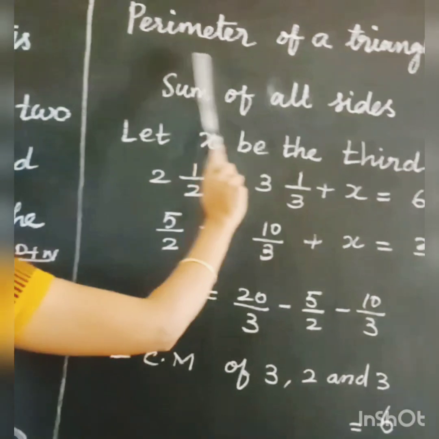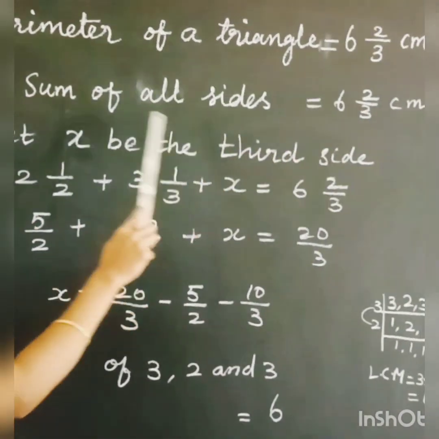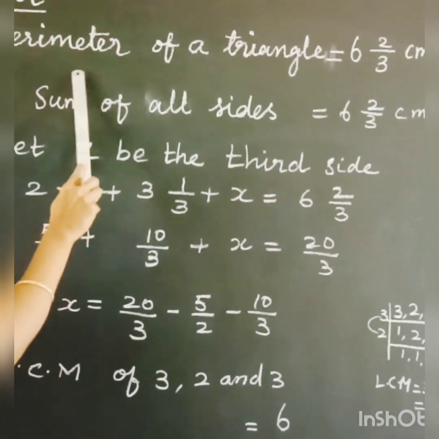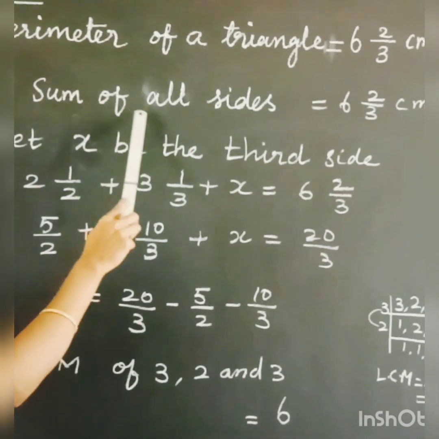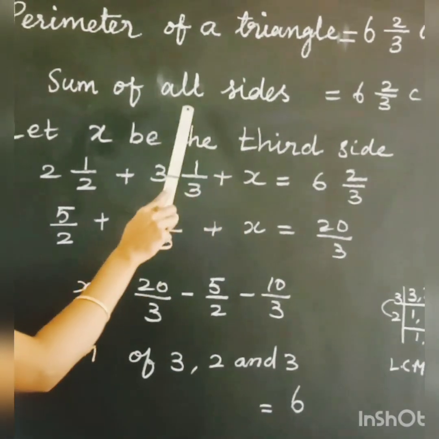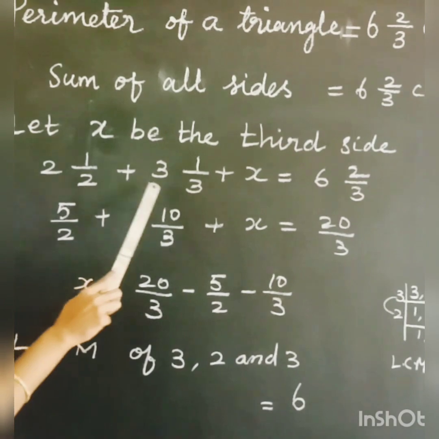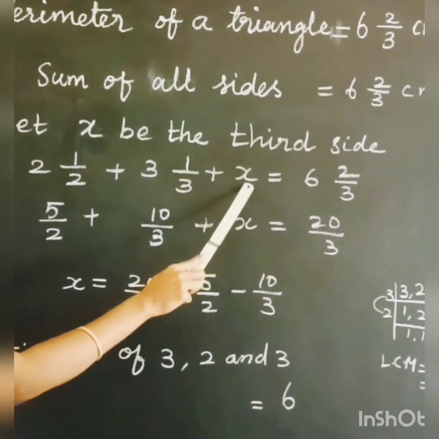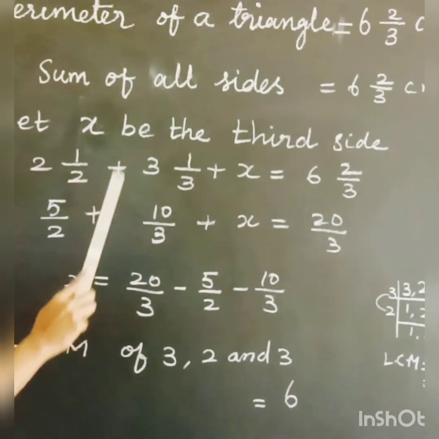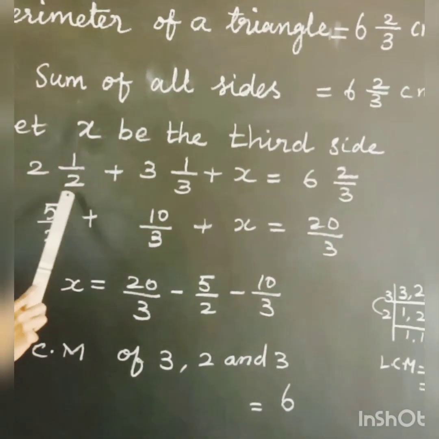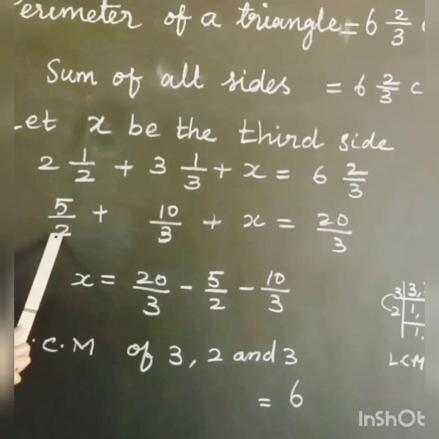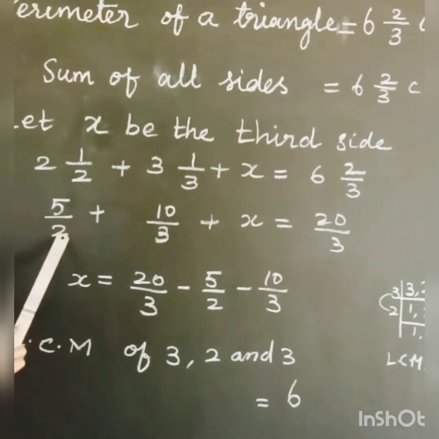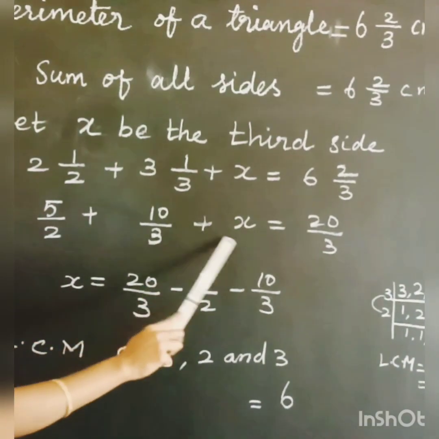In the solution, you write what is given statement-wise. And then what is the formula? Perimeter of the triangle is the sum of all sides. A triangle has 3 sides, so we have to add 3 sides: the unknown third side, which is the x value we have taken here, and the mixed fractions we converted into improper fractions. The previous step I did that, isn't it? And then we have to find only the x answer.